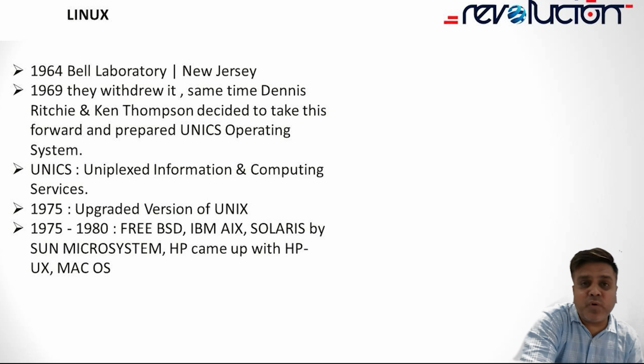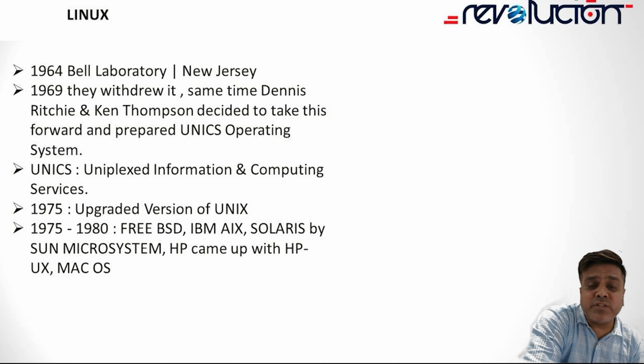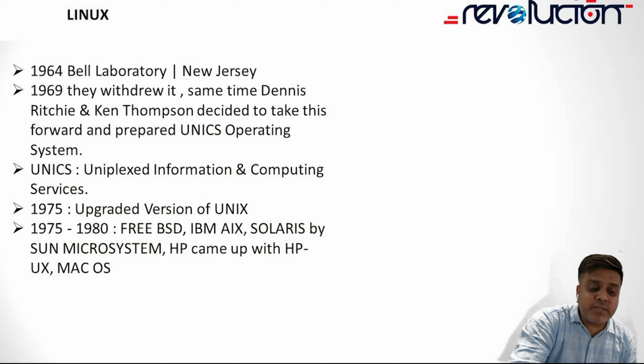So when they started working on this, and then eventually in 1975 they got an upgraded version of Unix. As you can see, the development started in 1969, and in a span of 5 to 6 years they were able to get a flavor which was free to use, multi-user, and working properly. Eventually most of the companies identified that as an opportunity. So now what they did was, since Unix was open source and the source code was available, the major companies